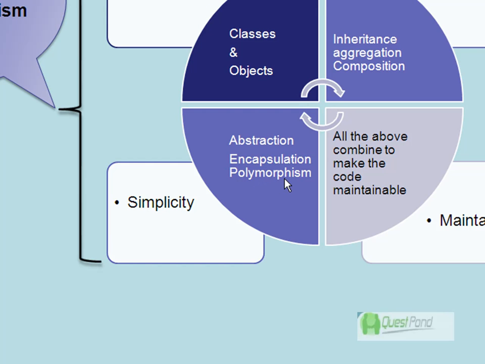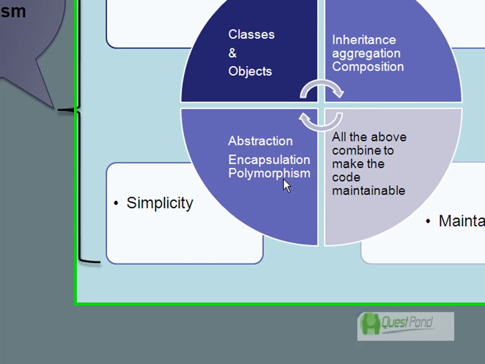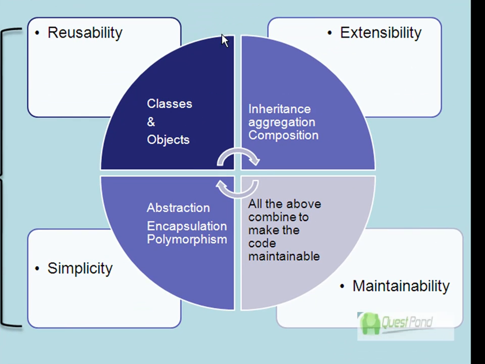We'll come to this step by step in the coming up videos, but at this moment, as I've already mentioned, we are trying to map the problem and see what object-oriented programming has given in order to solve it. So in order to make your methods simple, object-oriented programming has provided abstraction, encapsulation, and polymorphism. And overall, because we address reusability, simplicity, and extensibility, we have good maintainable code, we have clean code, and with that, the maintainability increases. So in this way, object-oriented programming provides a solution to the four basic problems associated with functional